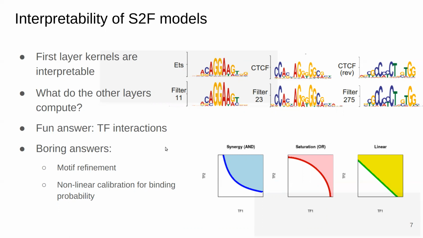And the thing is, even if we can agree that in some cases we are looking at TF interactions, it is actually quite difficult to look at your neural network and its parameters and even understand what kind of nonlinear interaction it computes. For example, we could be looking at a synergistic interaction, kind of an AND function, or a saturating interaction, more like an OR function. These are both different from linear, so you need a nonlinear model to capture these, but it's not often obvious which of these is being computed.